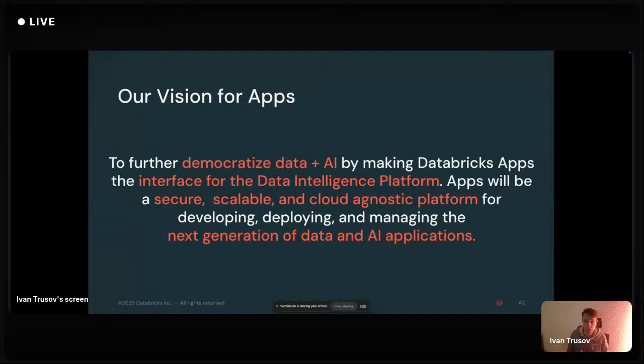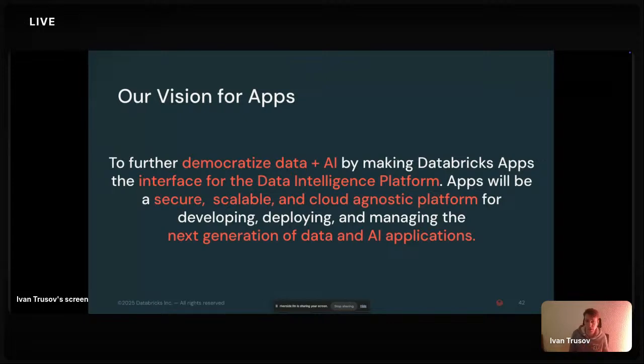And this will make many things way simpler, including things like management, permission control, access, and so on and so forth. And this is why we brought apps as a part of our interfaces, okay? Apps is a secure, scalable solution, and it's also cloud agnostic, which is quite important if you consider that important. And our idea is that with apps, developers on Databricks will be able to expand the ways how users can work with Databricks, and how business users can interact with the data.